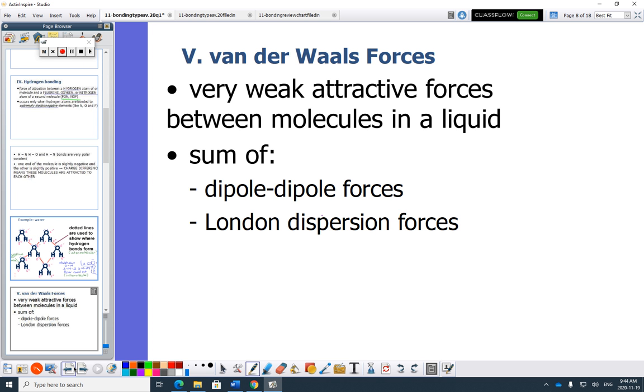And then we're going to talk about London dispersion. Sometimes you could just shorten it to dispersion. Sometimes you could just shorten it to London. Usually, I think we shorten it to dispersion. Even in grade 12, or your biology teacher as well. So hydrogen bonding is a special class: hydrogen, nitrogen, oxygen, fluorine. Dipole will be